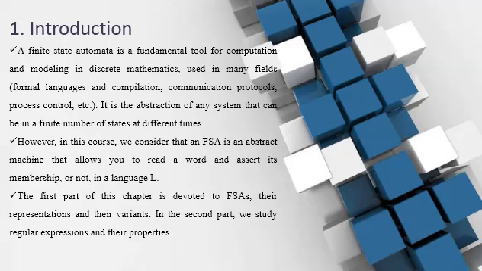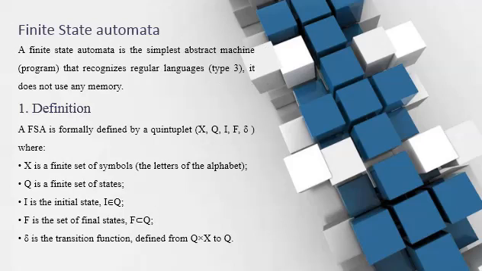The first part of this chapter is devoted to FSAs, their representations, and their variants. In the second part, we study regular expressions and their properties. But what is a finite state automata? A finite state automata is the simplest abstract machine, program, that recognizes regular languages, type 3. It does not use any memory. A FSA is formally defined by a quintuplet (X, Q, I, F, sigma), where X is